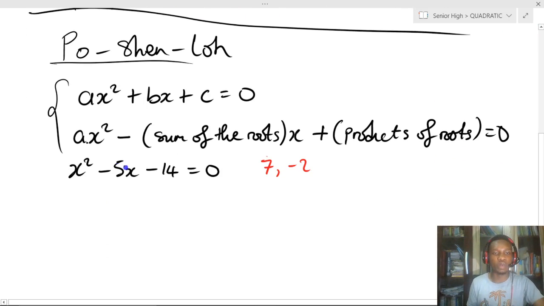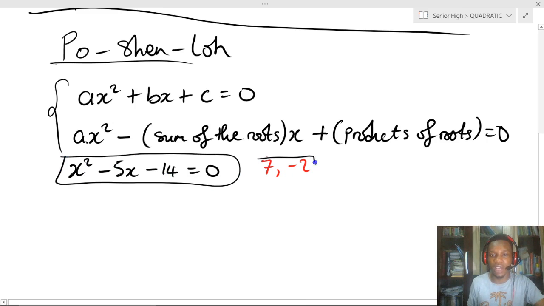If we didn't know all this, and they say build our quadratic equation using the roots 7 and minus 2, how do we build it? Let's assume that a is unity, since you can only use this form when you assume that a is unity. So we write x squared minus